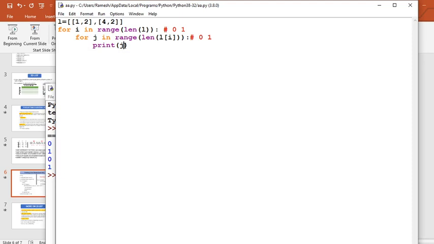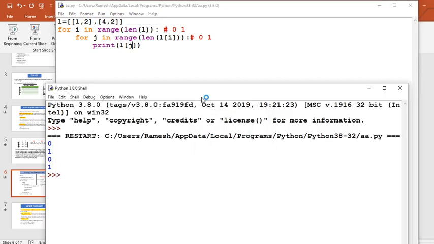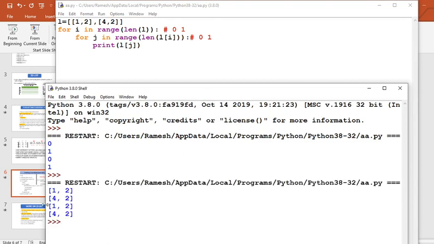print L of J. J is storing the index value, so we will store L of J. Now if we run L of J, what would be the output? 1 2 4 2.